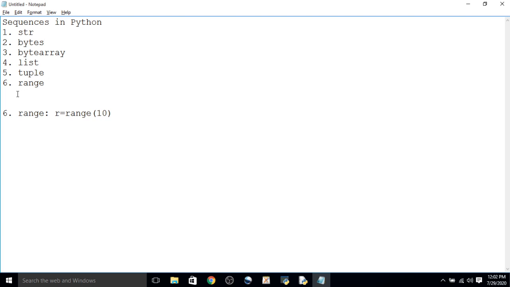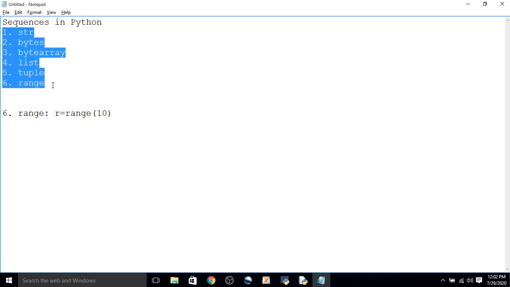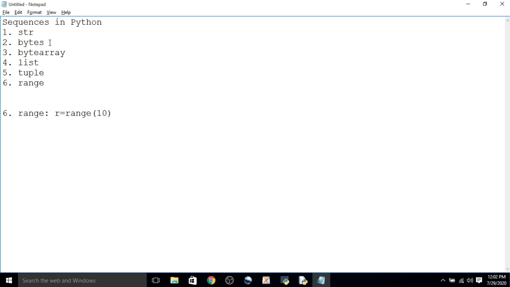So these are the sequence data types that are used in Python. We have seen string; for creation of a string, the str data type is used. The bytes data type contains numbers ranging from 0 to 255, but it is not modifiable. We have seen bytearray, which is similar to bytes, but bytearray is modifiable, meaning we can change its values.